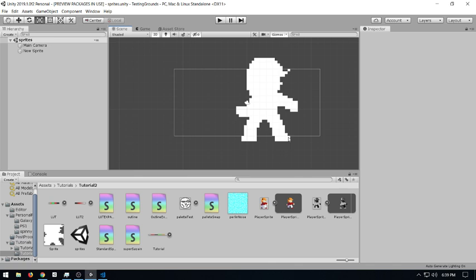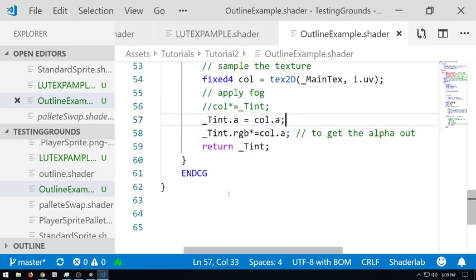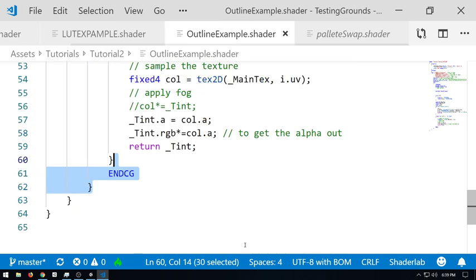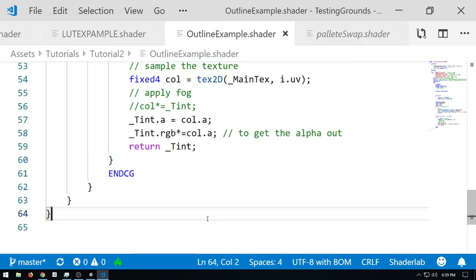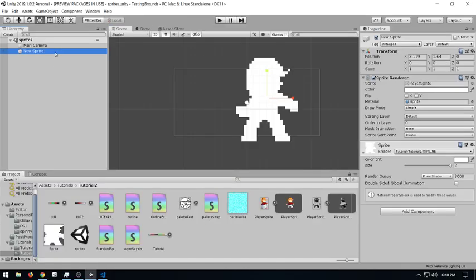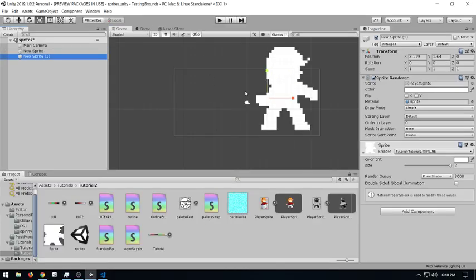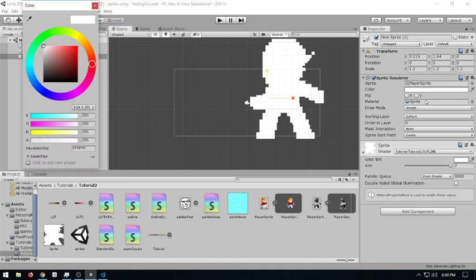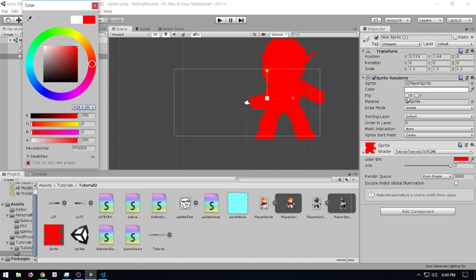And if you look at an outline, what you're actually looking at majorly is just an expanded silhouette that's set to a particular color. So now is the part that I'm not the hugest fan of, and this is why I told everyone for a very, very long time, hey, if you need an outline on your sprite, literally just duplicate it, make a second sprite, size it up, change the color, and put it behind.